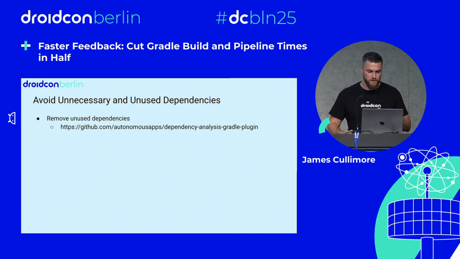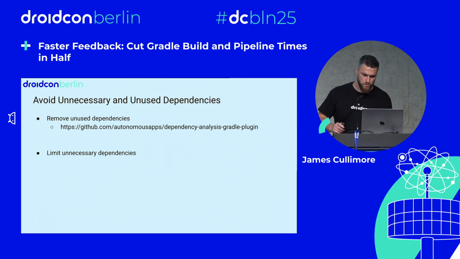Managing third-party libraries and their transitive dependencies is essential, but it can also introduce unnecessary overhead. Unused dependencies can pile up over time, especially during refactors, and they add both maintenance costs and longer build times. Even if you forget to remove unused dependencies, yes, they're stripped away in a release build with minify enabled, but they will still be downloaded and cached by Gradle during builds.